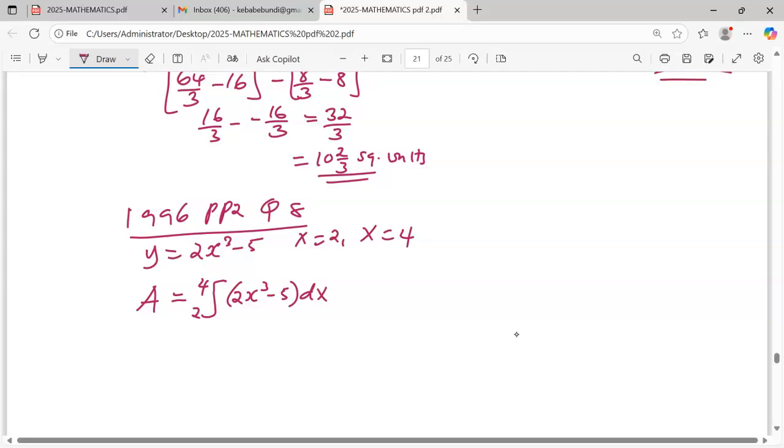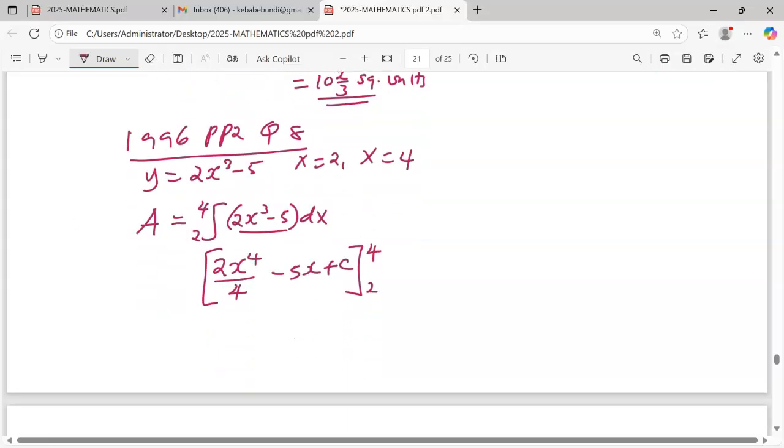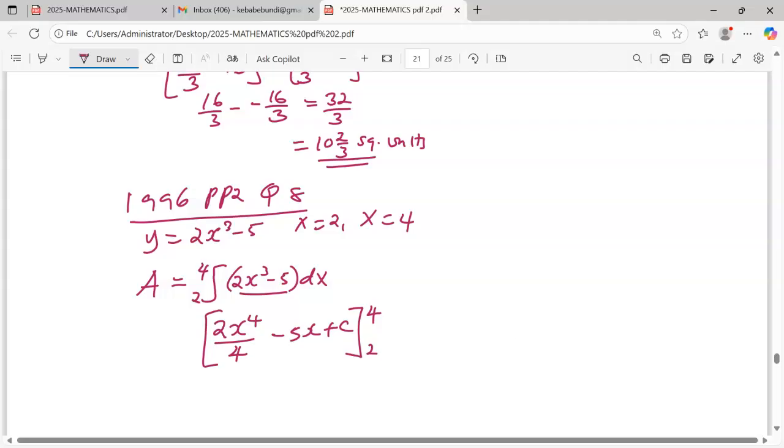We are fast forward going to integrate the given function by adding 1 to the power, such that we have 2x power 4 divided by 4, which is the total new power, minus 5, we introduce x plus c, which is a constant of integration. After that, we insert the limit, that is 4 2. From there now we can move and substitute the values. We're going to substitute the upper value of x, which is 4. That will be 2 times x, which is 4,